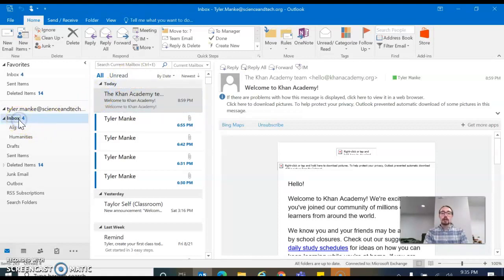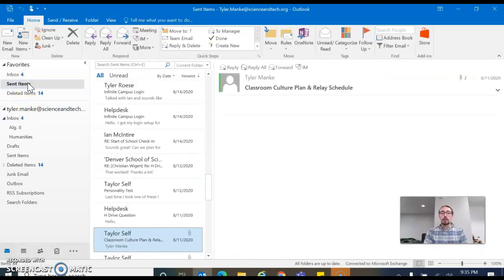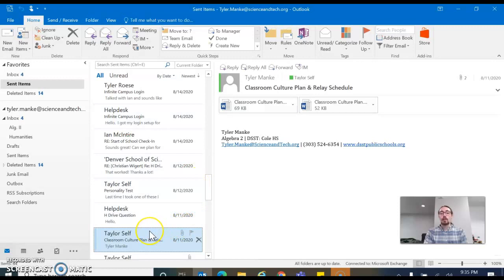Also, your inbox is the messages that are sent to you. You can also see what items you have sent by going to Sent Items, and this is what we would refer to as your outbox. And just like we can search our received items, we can go up to this top bar and search items we have sent. So, hopefully that helps you guys organize your emails and always be able to find them,